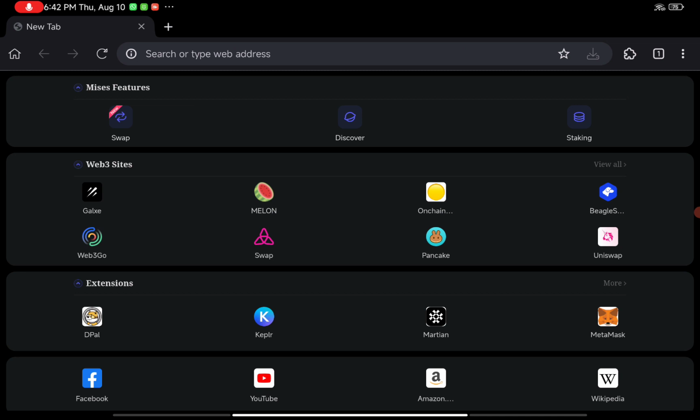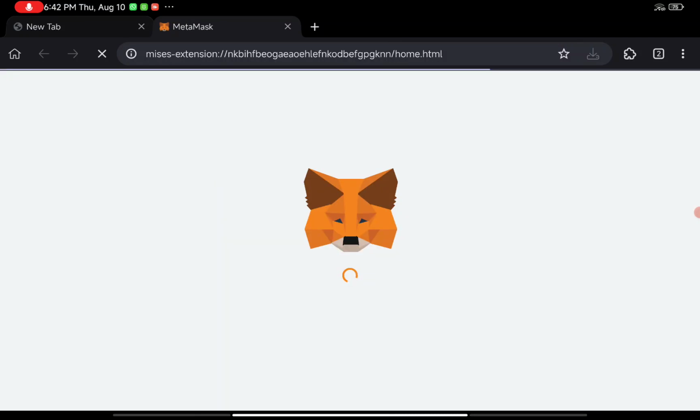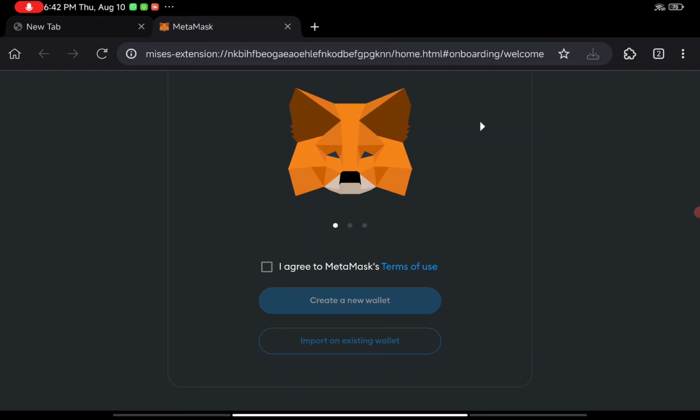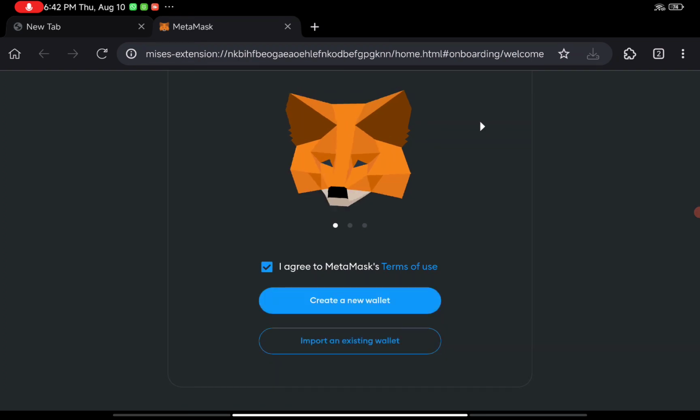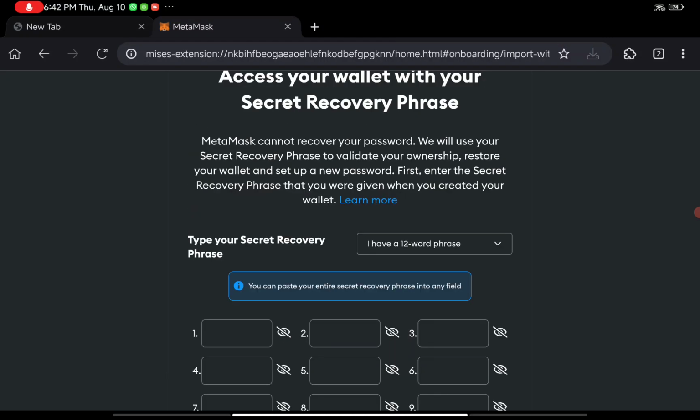So, let's get started. We've copied the private key. Now, I want to install Metamask here. You can see you have the options here already. So, just click on Metamask instead of going to Google and searching for the Metamask extension. Click on Agree. Now, if you want to import, the reason I use Token Pocket is this. If you are importing, when you click on import, agree. Now you can import